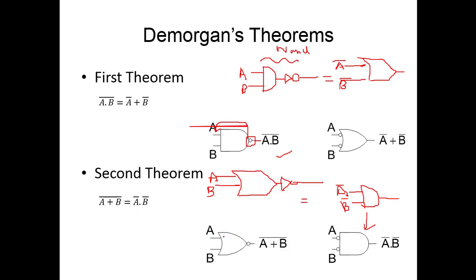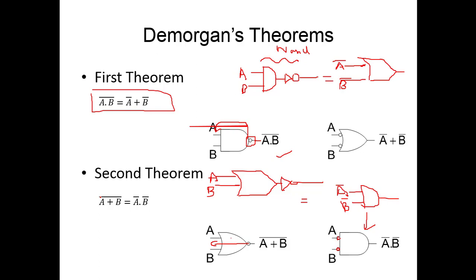So whenever we have an OR gate and an inverter bubble at the output, then this is equal to an AND gate with the inverter bubble at all its inputs. When this bubble moves towards this side, it is applied to both the inputs a and b, and the gate changes from OR gate to AND gate. So this is what you have to remember: a and b whole complement is equal to a complement plus b complement, AND becomes OR operator, and all the literals become complemented.